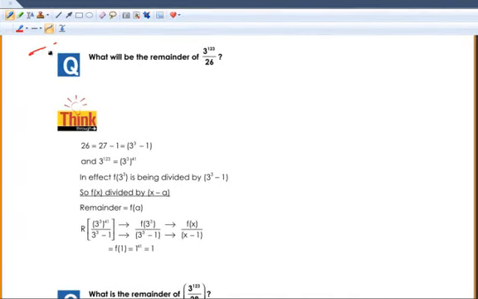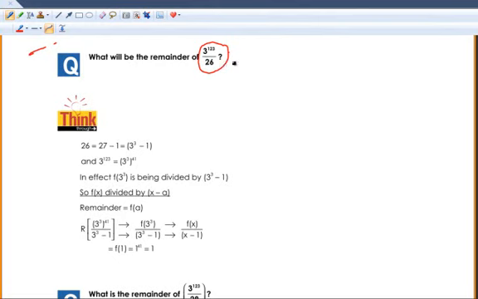So we've seen how to use the remainder theorem. Now let's extend this logic of the remainder theorem a bit further and see how we can manipulate some expressions and bring them into the form we need in the remainder theorem. So let's find the remainder of 3 raised to 123 by 26. Now we cannot directly use the f of x by x minus a form that we have seen. So let's do some small manipulations and then get it into the same form.